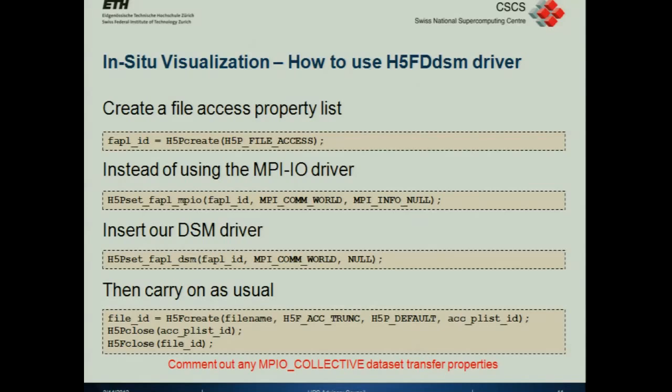So normally when you use HDF, you say, create a file, and you create a property list, which is how you access the file. And when you're using parallel, you use an MPIO. So you say, give me the MPIO-based file driver, and then you write out, and it all goes through MPIO. To use our stuff, all you have to do is literally replace the file driver with what we've called our